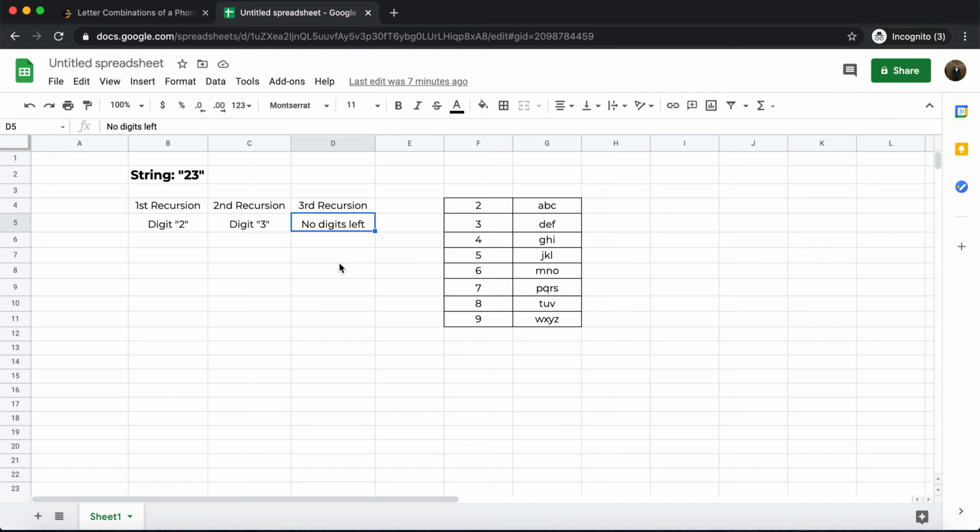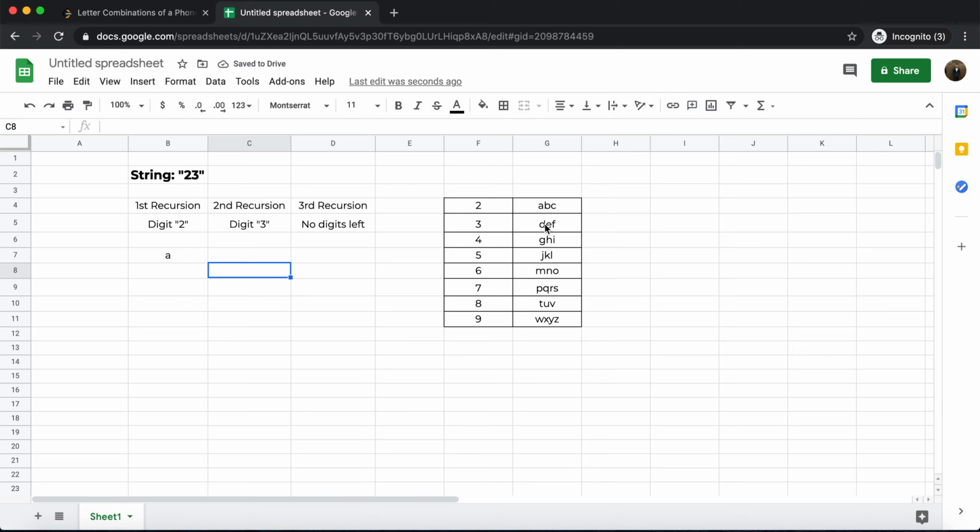So let's quickly understand the example. In this case, 2 and 3. The first recursion will pick the first letter for digit 2, which is A, and then pass the control to the second recursive function.